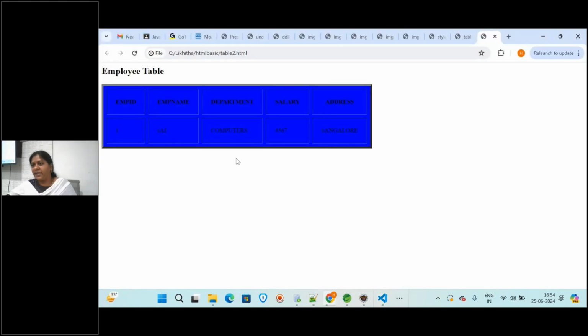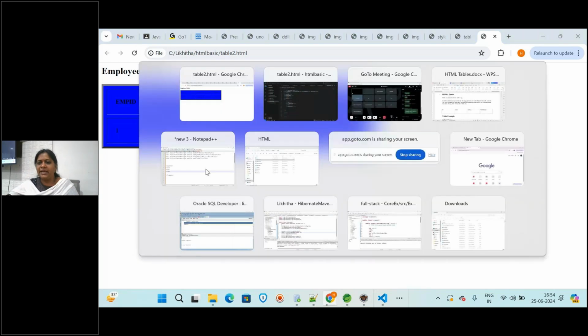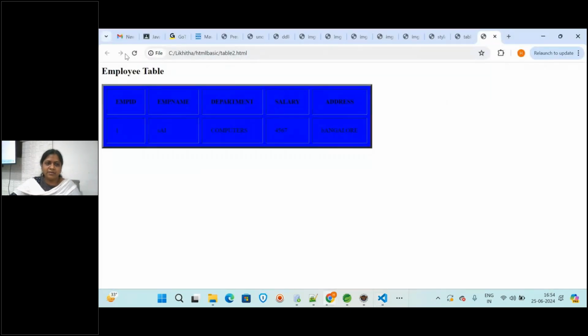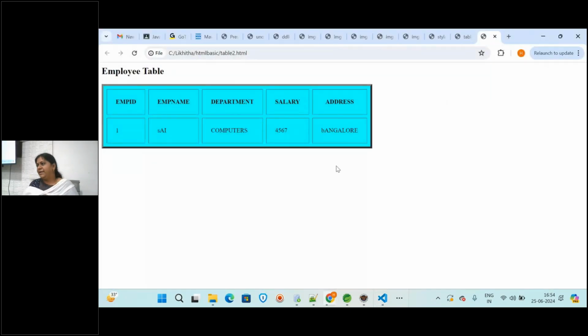Now if I'm applying it to the complete table, you are getting a single color for the table, not for the page. That's what you asked, right? So like this, if you are giving it for the complete table, we got this. Now if you don't want it like this and you want it for a particular cell, then apply that attribute for that particular cell.